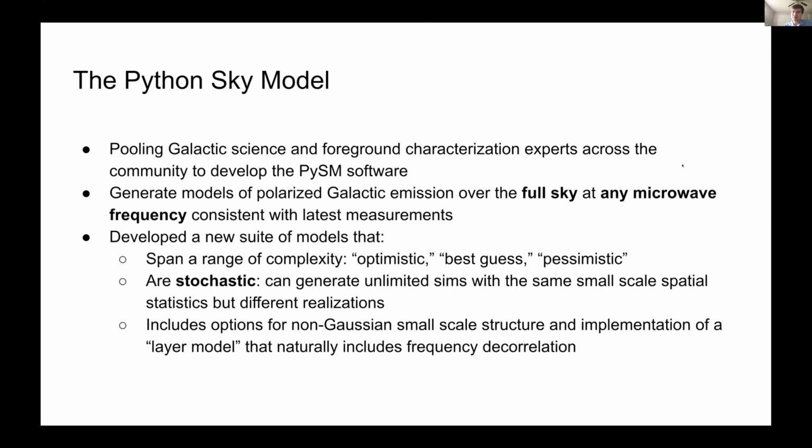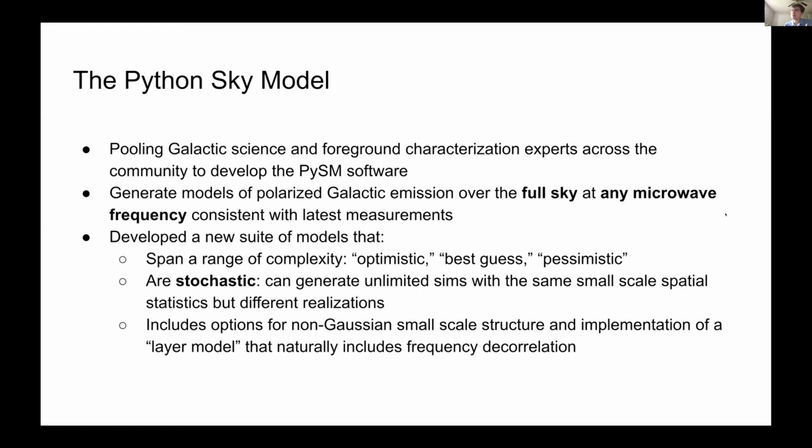So again, the goal of this code is to generate models of IQU maps of galactic emission over the full sky at any microwave frequency consistent with the latest measurements. And what we've done in this group is really brought together the range of expertise both within the CMB community, thinking very hard about what we need in terms of a next generation of models to do the kind of forecasting analyses we want to do, but then also the Galactic ISM experts to be able to say,